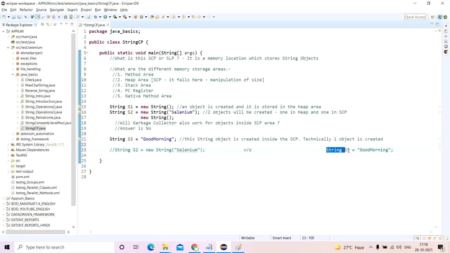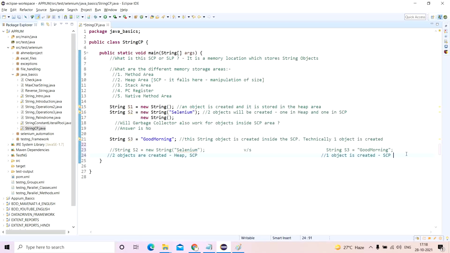This is also a syntax to create an object in a string, but what is the basic difference? As per our understanding so far, here two objects are created, one in the heap area and the other one in the SCP or SLP area. But in this particular situation, one object is created, and that too only in the SCP area. That's it. This object is not created in the heap area. Okay, this is the first point.